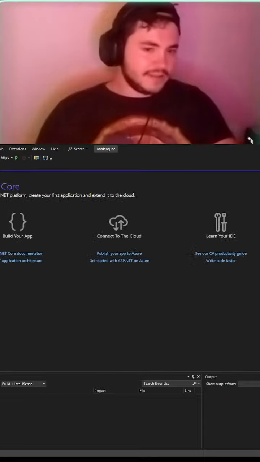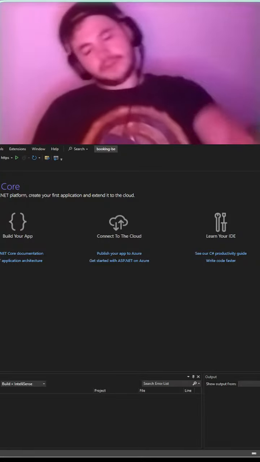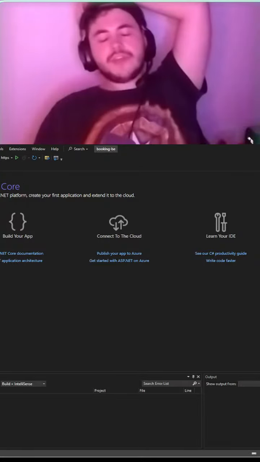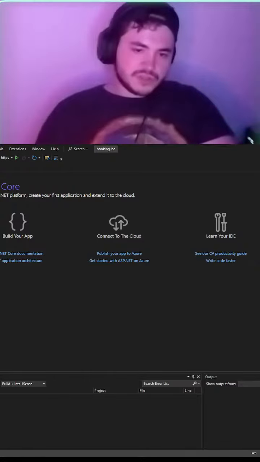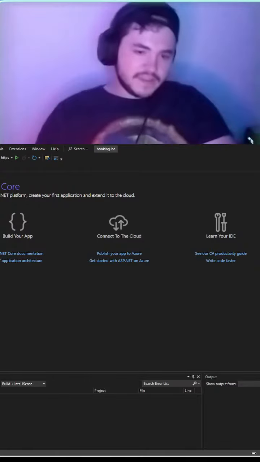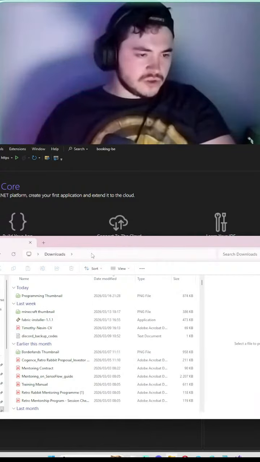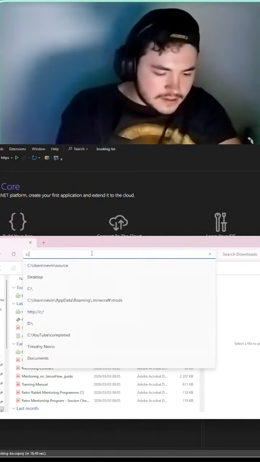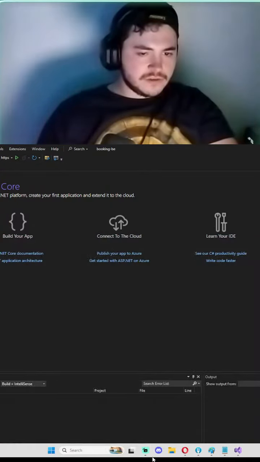Okay. Let's explore what's going on here now. We're looking at our Solution Explorer. So what we did is we now created a basic boilerplate project. It's got a whole bunch of solution stuff and it looks like this. So now what I want to do is I actually want to go back. What am I doing? Hold up.